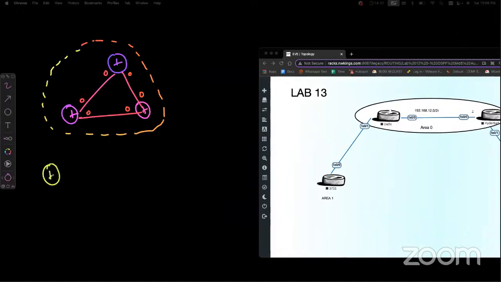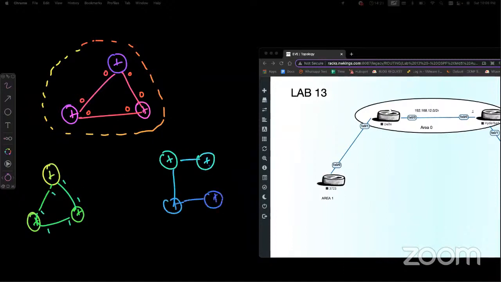When we have maybe different routers, they are also connected with each other, and they all are in area 1. So you will add all of them into area 1. Maybe you have a few more routers, and they are in area 2, so you will put all the network commands in area 2. But if you want to connect area 1 devices with area 2, you have to have one connection with